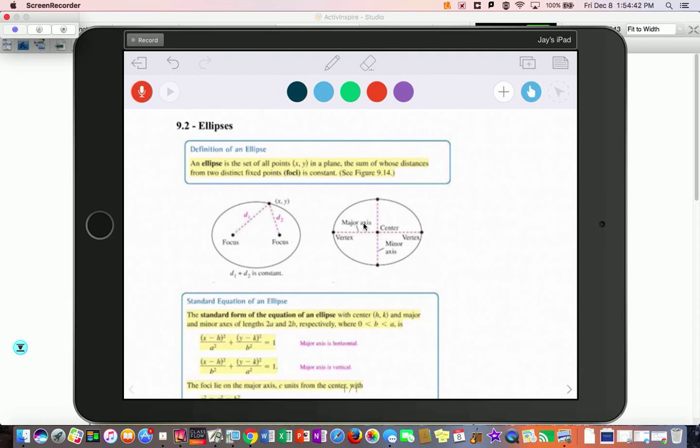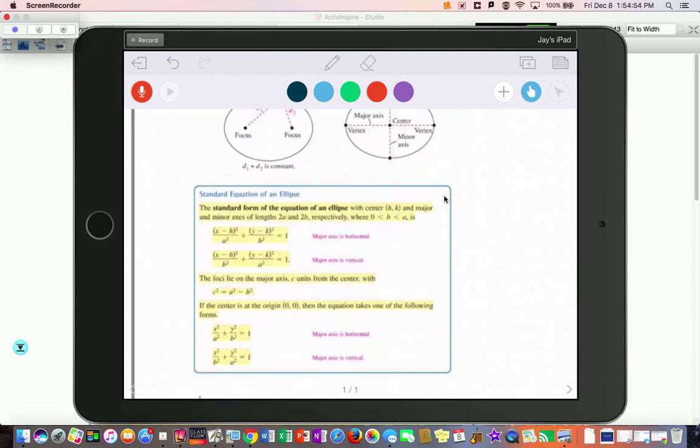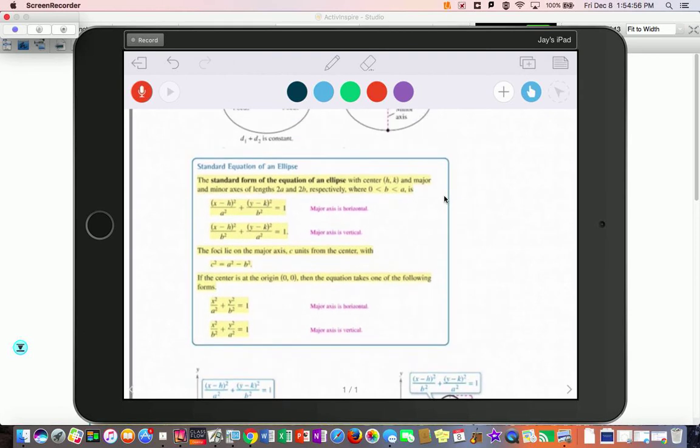There's what we call a major axis and a minor axis. And then we have what we call vertices. And some people call these co-vertices when they're on the minor axis. So when you look at it,